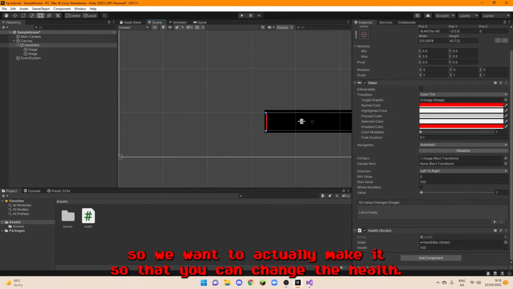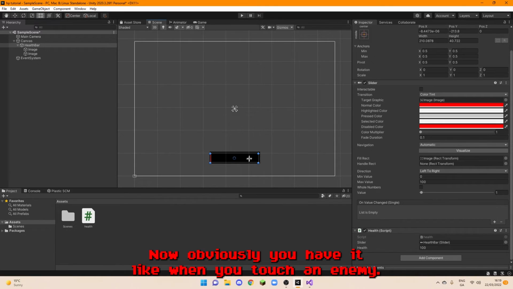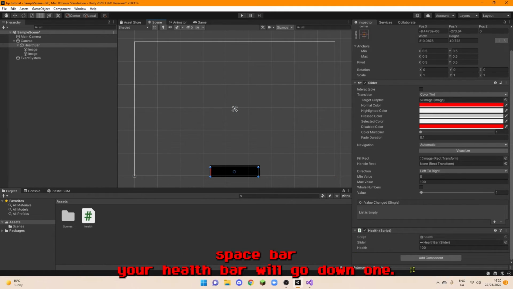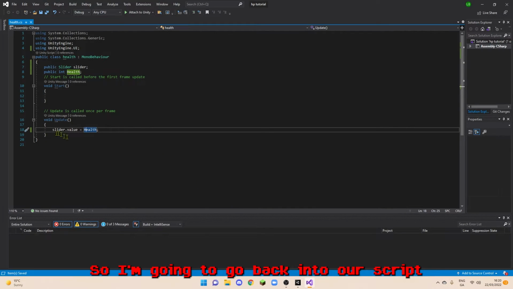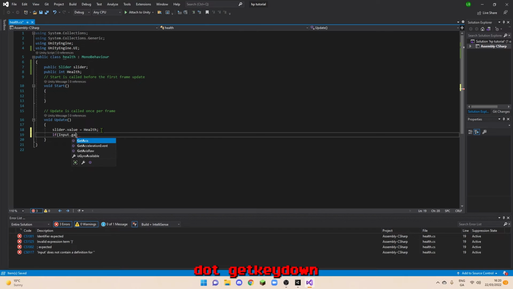So we want to actually make it so that you can change the health. Now obviously you'd have it like when you touch an enemy, but just for this example, I'm just going to make it when you press spacebar, your health bar will go down 1. So I'm going to go back into our script. I'm going to do here if Input.GetKeyDown